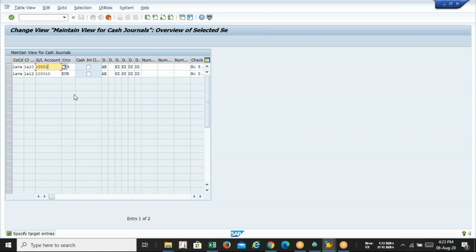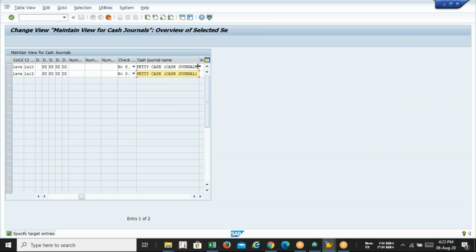This is my GL account. Which GL account am I going to use? The cash GL account. And currency will be INR in both cases. Document type AB is default.